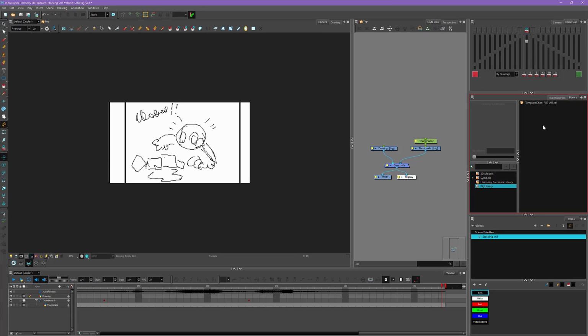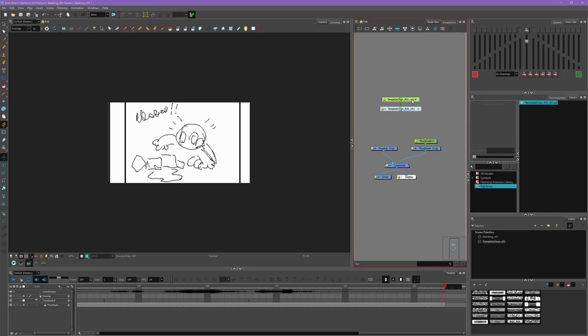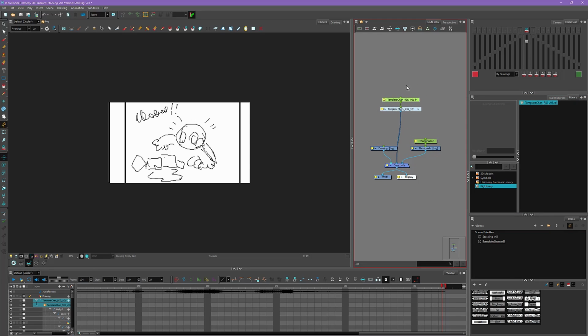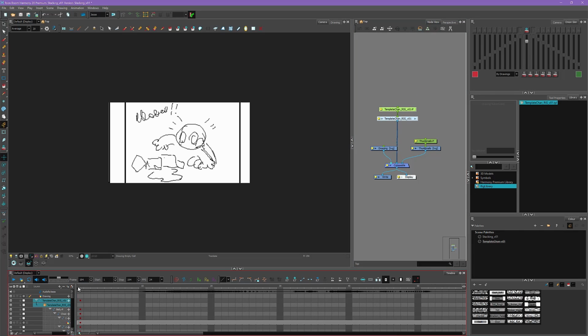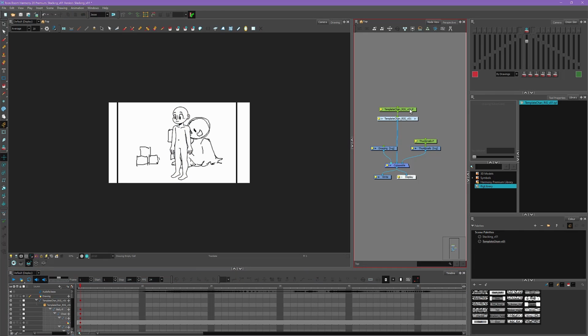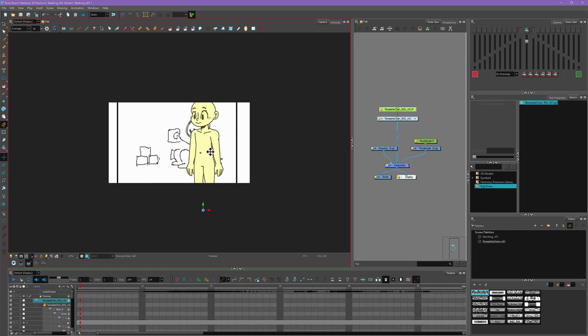So to import that character rig, I just click and drag it from my library onto my node view or my camera view. I'll import it into my node view over here. And that brings in our character rig, and we just need to attach it to the composite just like this so we can see it. And then we can select this master peg right here and arrange him and resize him to roughly the same size that he's going to be in the animation. So maybe about that size.